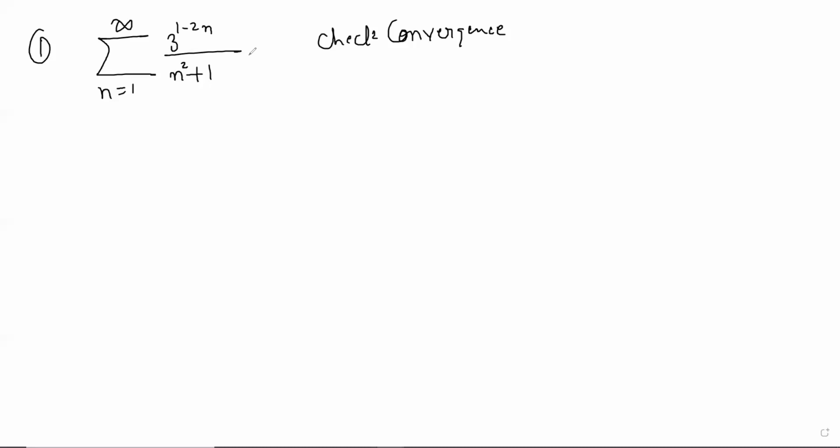I've been calculating the limit. I got it as 1/9. You got it as 1/9, so you mean the limit of a_(n+1) by a_n? Yes. If you have got that to be 1/9, which is less than 1, then it converges, right? Yeah. And you don't even have to. Can you do this without the ratio test? Suppose you have to just tell me this directly without any test, because it's actually very simple.